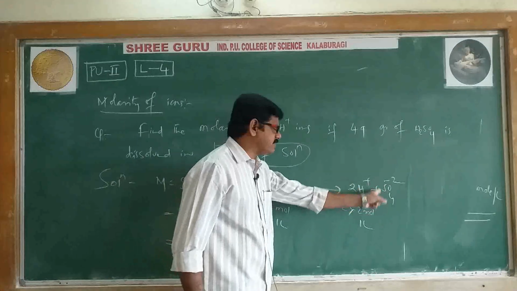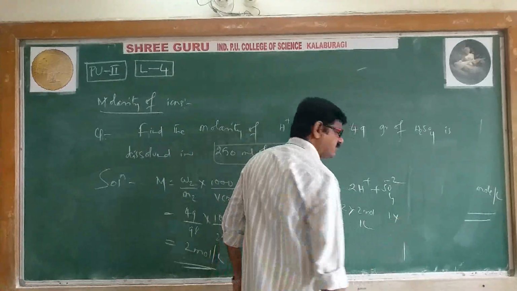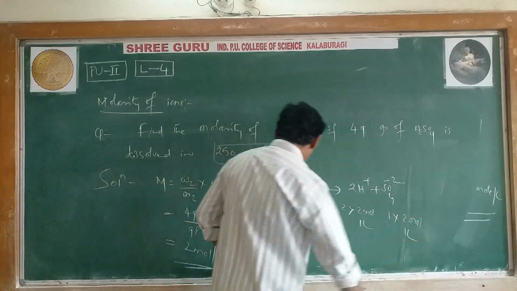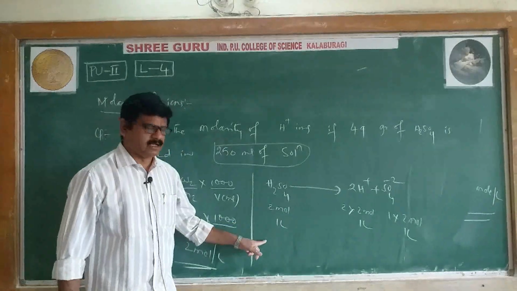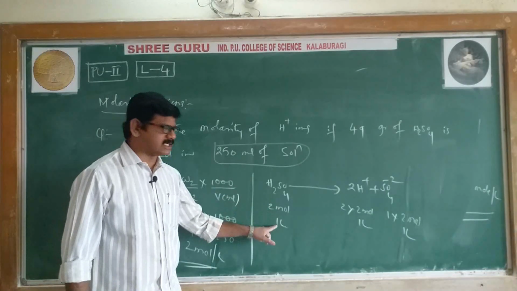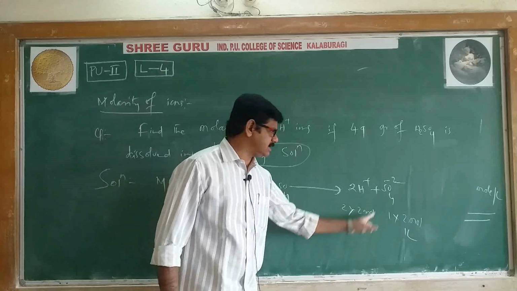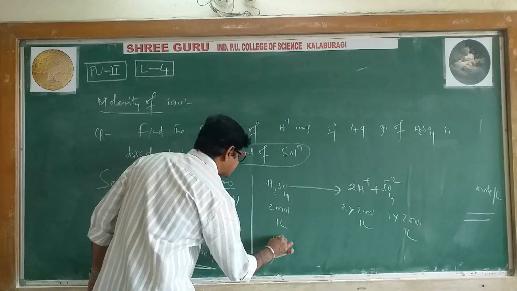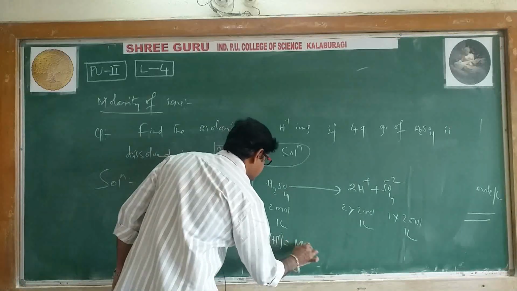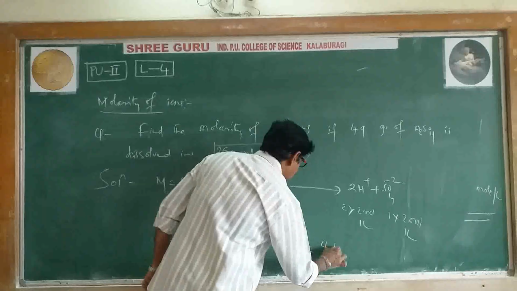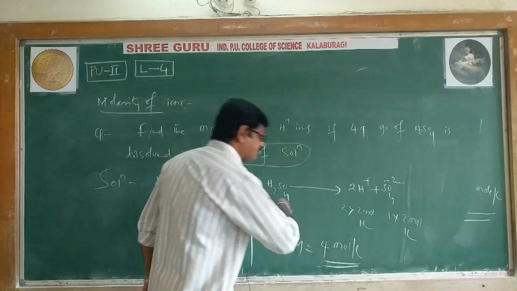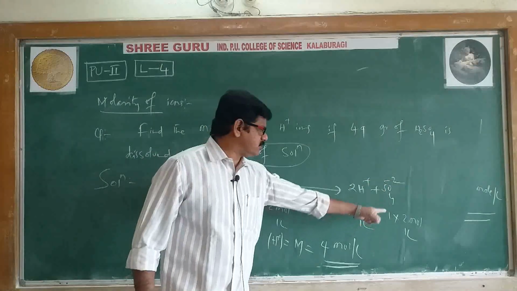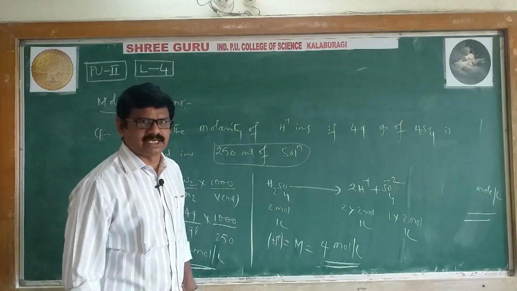Here, how many moles of sulfate? 1 only. That's why we can write 1 into 2 mole per liter, because basically H2SO4 is 2 mole per liter. Here 1 mole, that's why 2 mole per liter. Here 2, that's why 2 into 2 mole per liter. Here again 1, that's why 1 into 2 mole per liter. That's all. Now what is the H plus concentration? H plus molarity equals 2 into 2, 4 mole per liter, nothing but 4 molar. And the sulfate molarity is again 2 mole per liter only, no doubt.